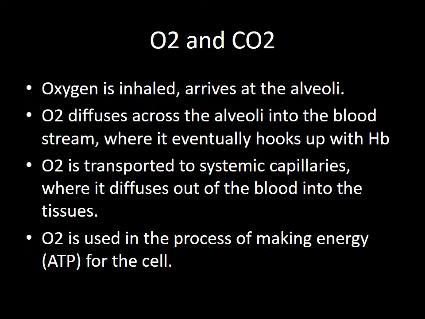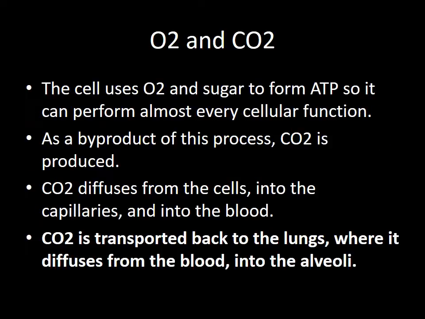So anything the cell does usually requires ATP to work. So the cell makes a whole lot of that so they can do things like crawl, and maybe even metabolize certain toxins, or for muscle, we use ATP for that muscle to contract. So we need to make a lot of that ATP, and oxygen is actually used in the process of making that ATP. The cells use oxygen and sugar to form ATP,